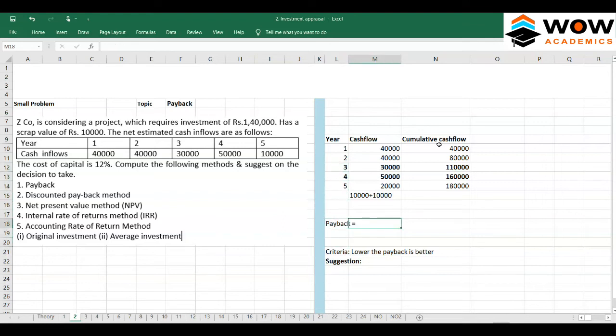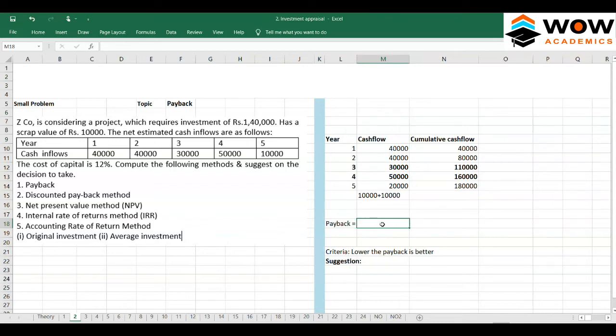How are you going to find out an answer here? We don't have a formula here, so we have to go with the logical approach. So I'll explain the logical approach. Minimum, how many years does it take to recover the money? See, minimum we need 3 years, plus what's the total value of the project? The total value of the project is 1,40,000